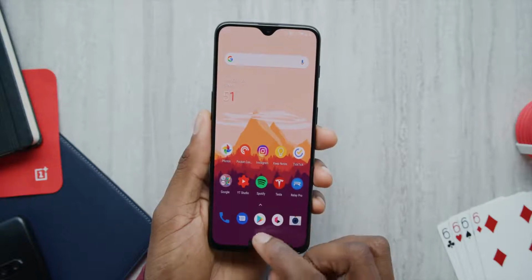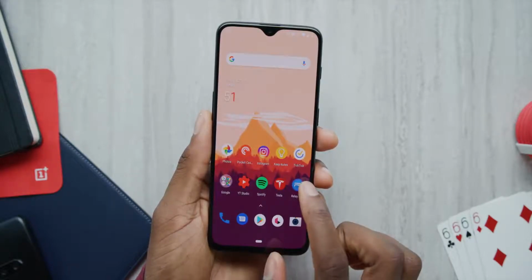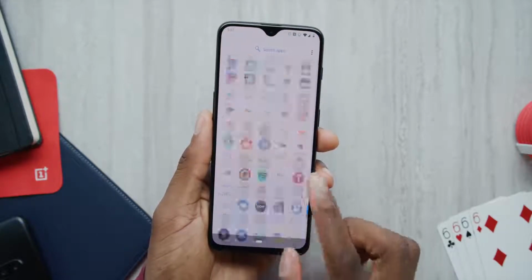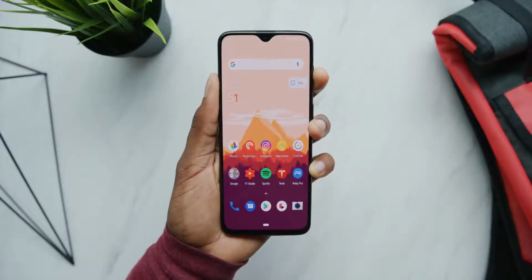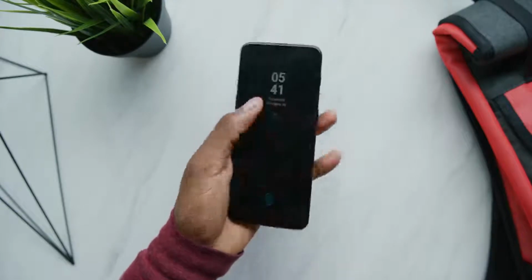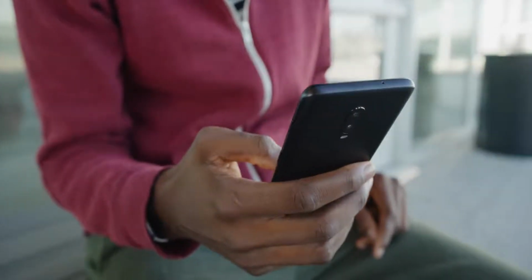Same Oxygen OS on top of Android Pie with the new gestures and all the new features OnePlus has been throwing in. Same smoothness and A+ performance that I was so happy about a couple months ago that drew me away from the Pixel. Same Snapdragon 845 and 6 or 8 gigs of RAM, so I expect it to continue to be smooth. Same colors, so it's launching with this Midnight Black or Mirror Black, which means you may still